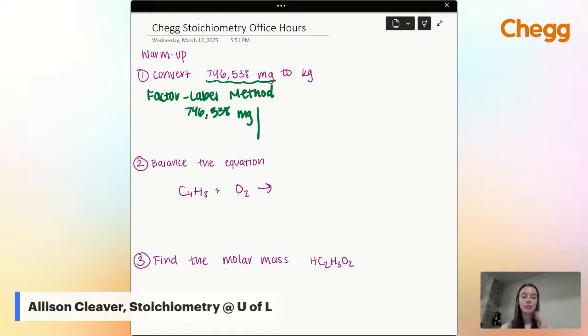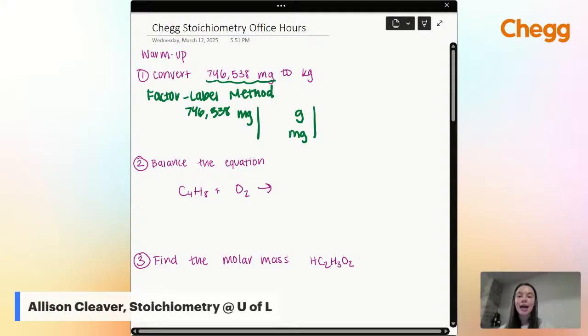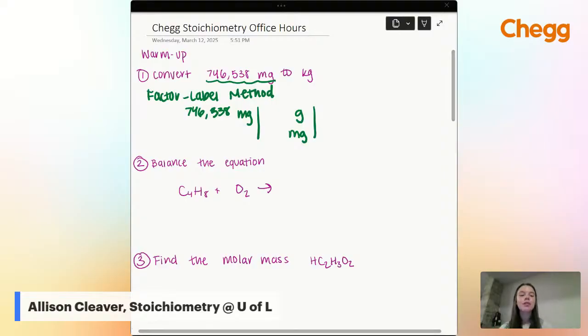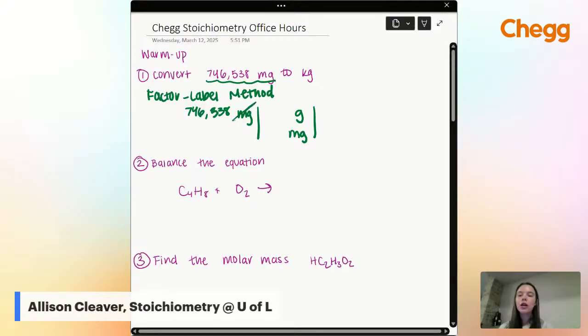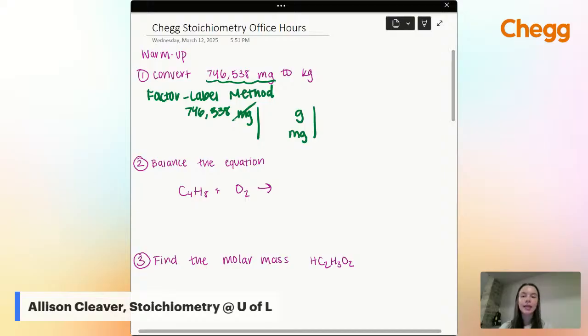I don't know the conversion from milligrams to kilograms off the top of my head, but we have these things called base units. So your base units are grams, liters, there's other ones. I can't think of them right now. But those base units, everything is in reference to that base unit. So we can easily do 2 grams. That would be the first place I would start. And I put milligrams on the bottom because whatever's on the top, this is like a math rule. Whatever's on the top, if I want to cancel it out, I want to cancel milligrams out since milligrams isn't my final answer. Whatever's on the top, I put on the bottom and I can cancel both out.